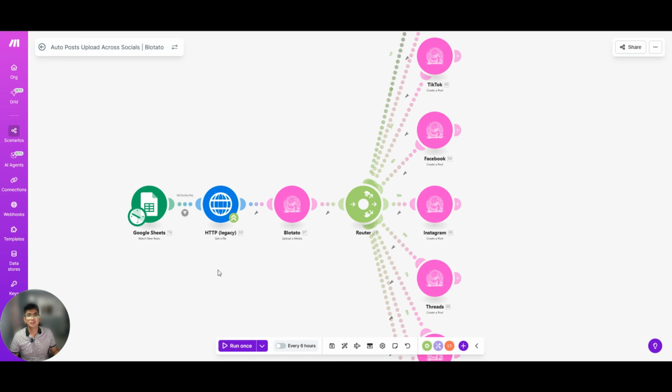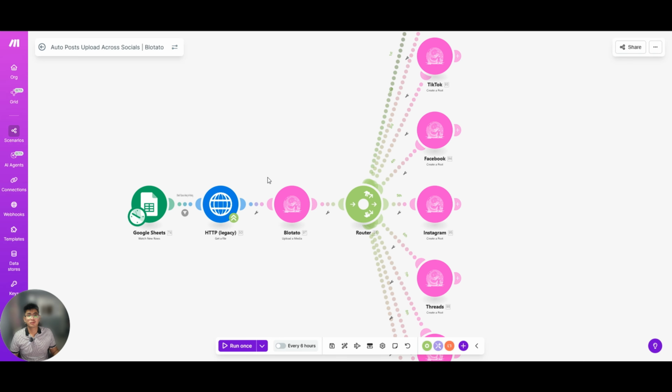So this is part two of a content automation system I built for a client. In part one, I automated subtitles plus social media ready captions. Now in part two, I'm showing the distribution engine, the system that auto posts one piece of content across major social media platforms without my client or his team logging into each account.